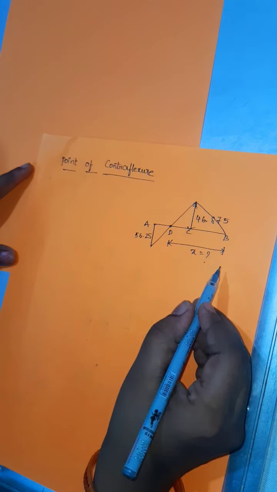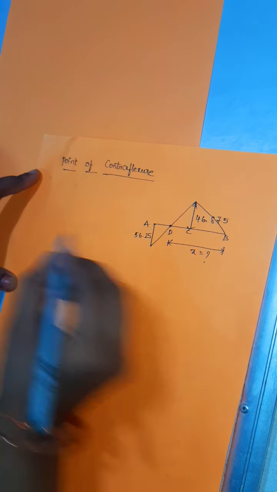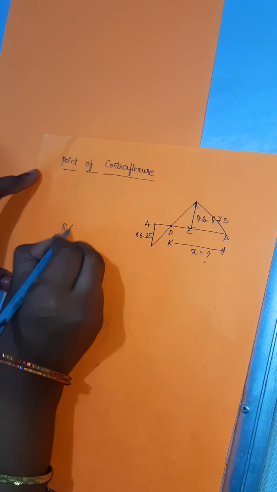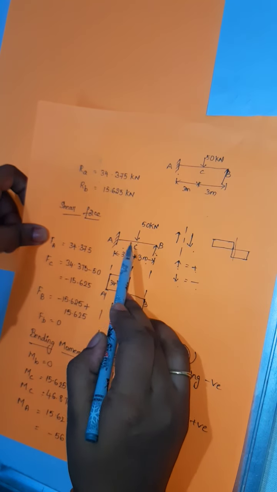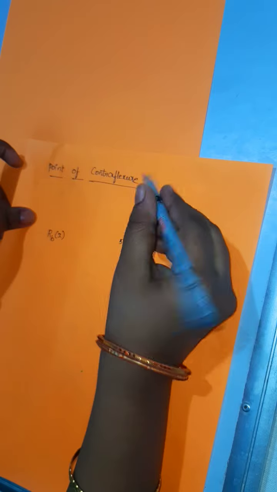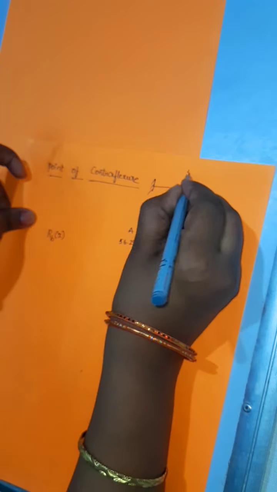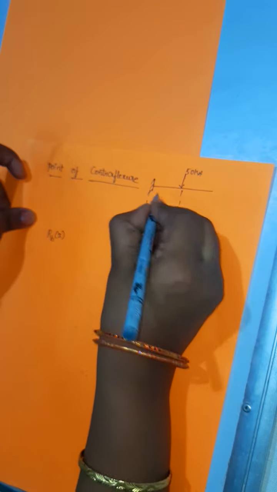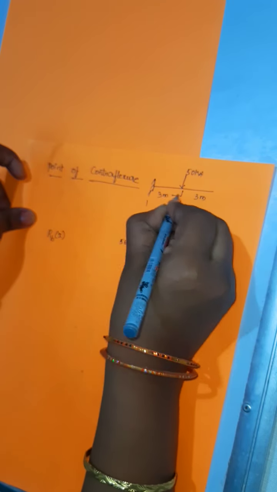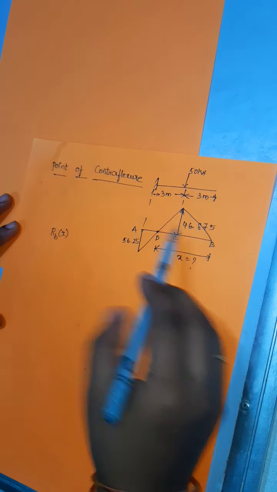So I am taking from the free end. So this is RB. So how much distance? I am taking it here so that it is in hogging case, so RB into X. Next, here RB into X. See here, 50 kilonewtons is there, no? I will draw the diagram also so that you can easily understand. This one is 50 kilonewton. This is 3 meters and this is 3 meters. Okay.